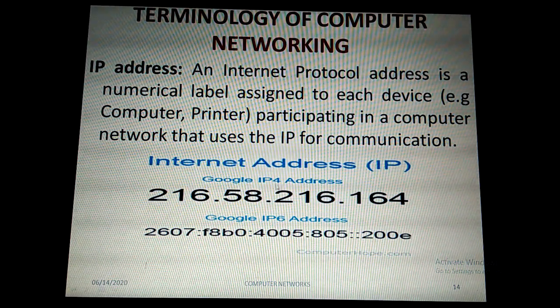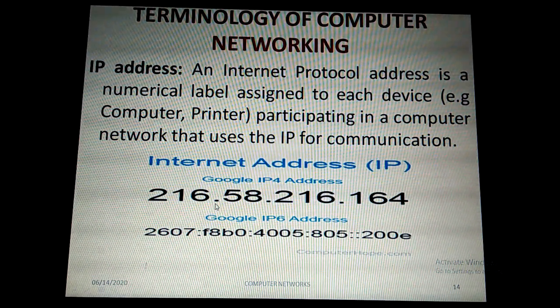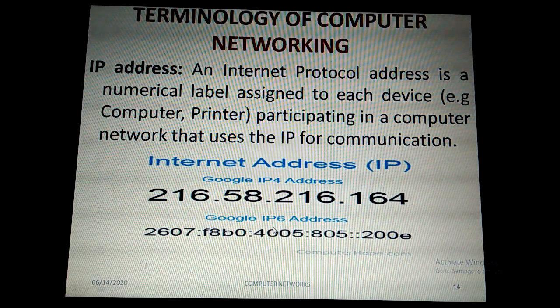So this is an example of an IPv4 address, that is a 32-bit address. The numbers are separated using dotted decimal notation, that is 3 dots or decimal points are given here. And then the IPv6 address, that is a 48-bit address. Every 8 bits make 1 byte, so 6 eights are 48. So a 6 byte address, that is 48-bit, is going to be represented like this. So this is the format for an IPv6 address.